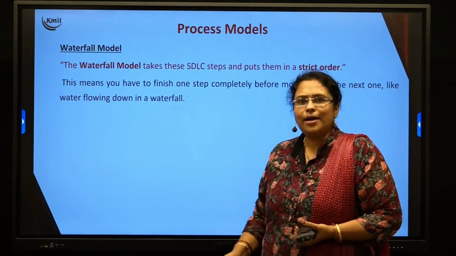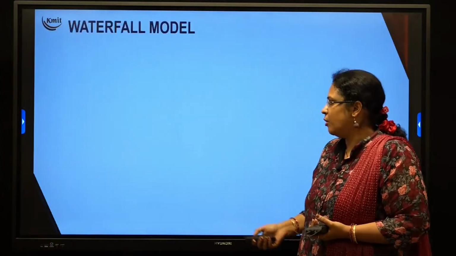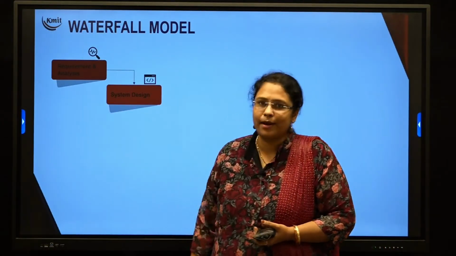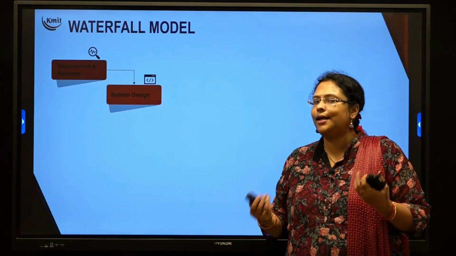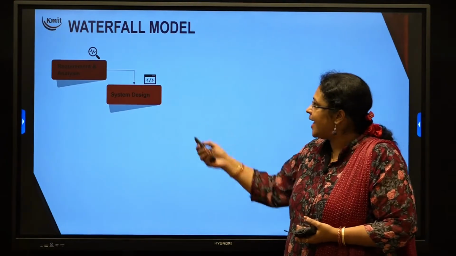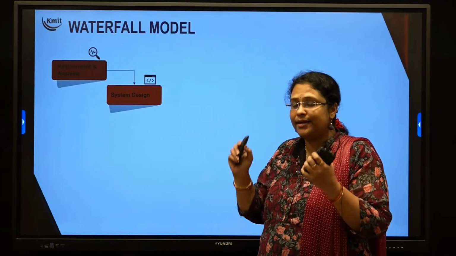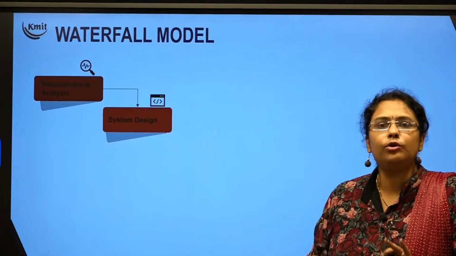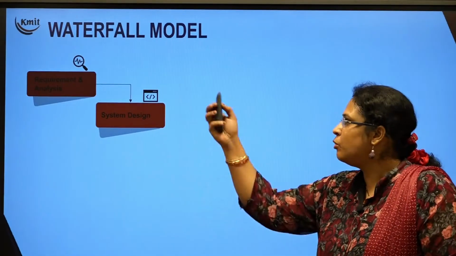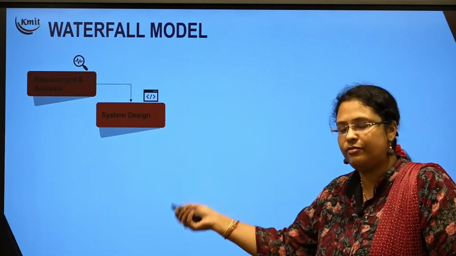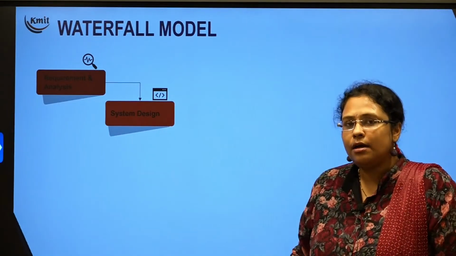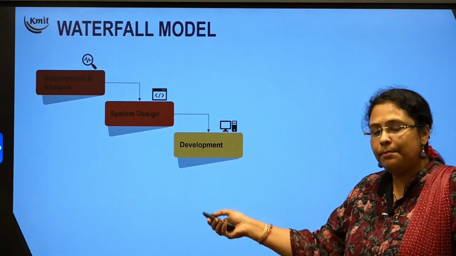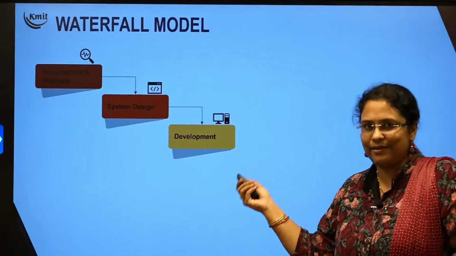So let's see what is the actual architecture of this waterfall model. We start with the first phase, which is called requirements analysis. As I've told you, you collect the requirements and you analyze them. In the next phase, once the requirements are finalized, that is it. Once your SRS document is ready, you are not allowed to make any changes in it. Then only you will move to the next phase, which is called the system design phase. Here you start designing your prototype of the particular product. Once system design is completed, you will move to the next phase, which is called the development phase.